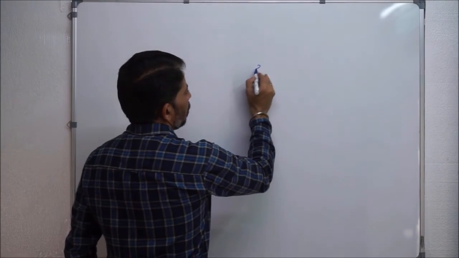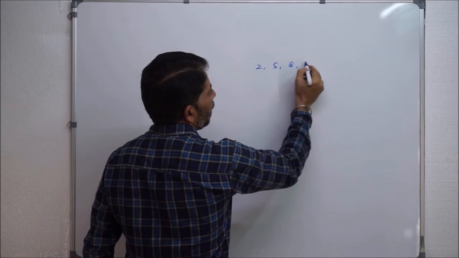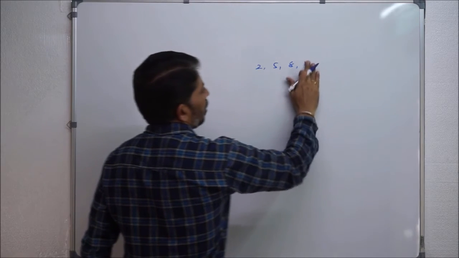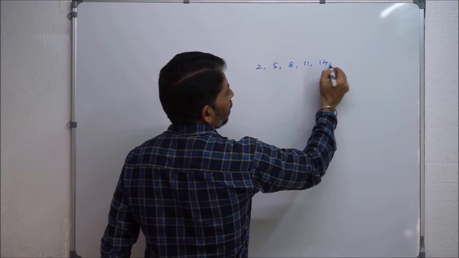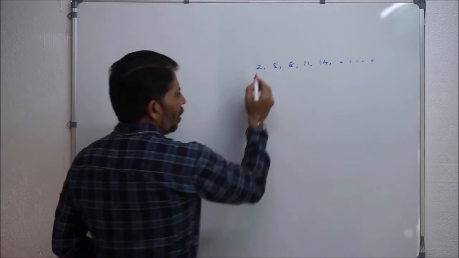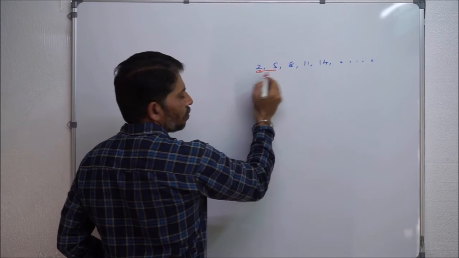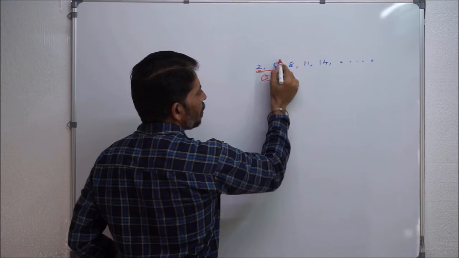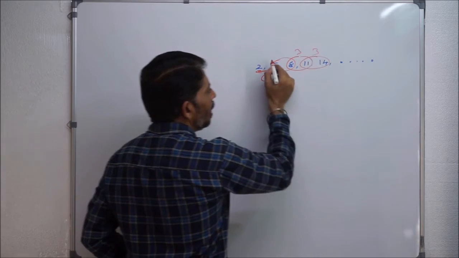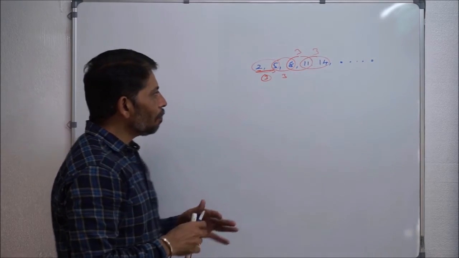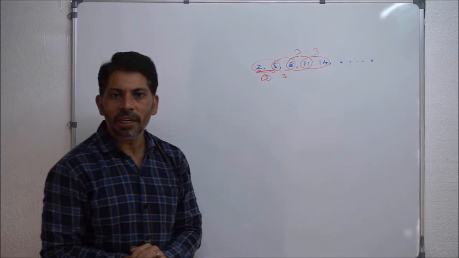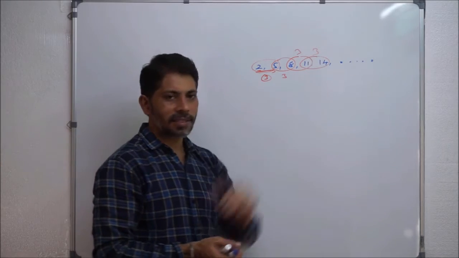Now, 2, 5, 8, 11, 14 and so on. Now here, if you observe, what is the difference between these two? 3. What is the difference between these two? 3. Difference between these two is 3. Difference between these two is 3. Now it is a progression in which the difference between two successive terms in order is always the same, or else